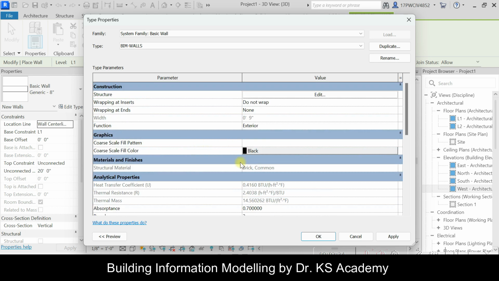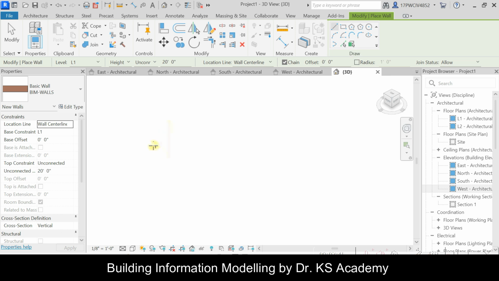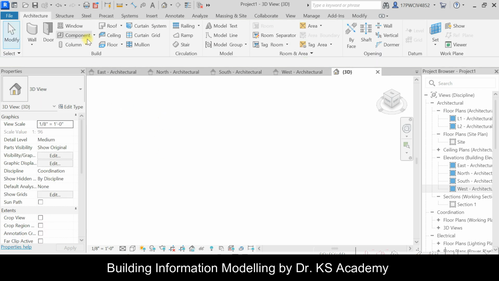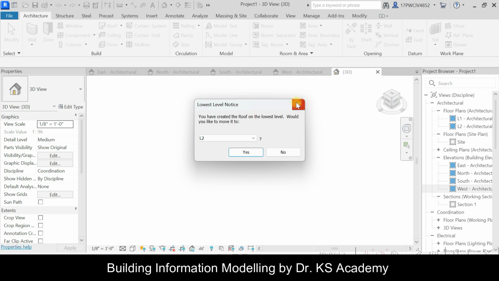There are other parameters, but we'll look into those things after some time. And yeah, so basically the wall is now created in Revit, and I'll click on OK, and there you go. Our wall is now saved. I'll press escape for a moment since we are creating the template files, and then I will click on the